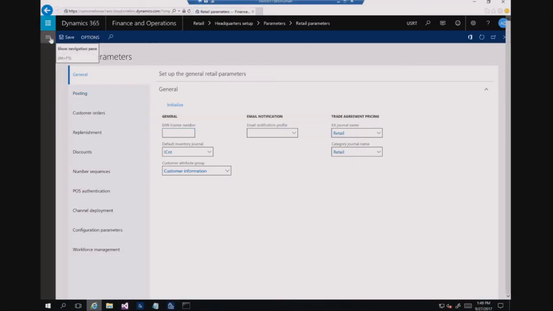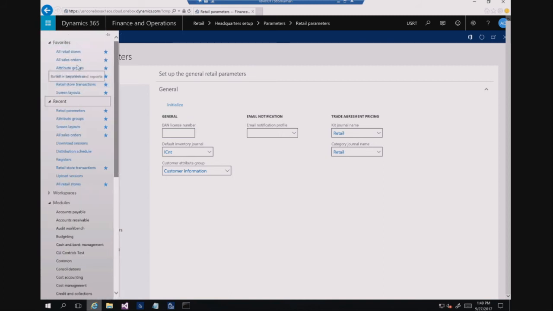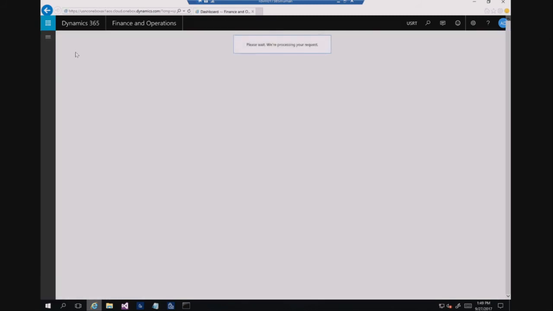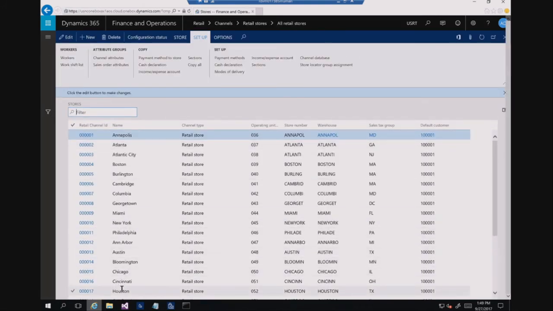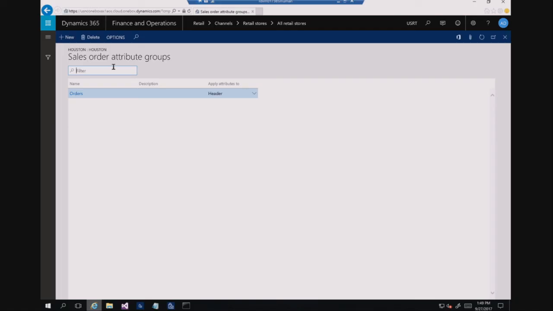So if I go to AX, at the channel level, for example here in Houston, under the attributes, you can click the sales order attributes. It works for cash and carry, customer orders, e-commerce orders, or even call center orders. It's exactly the same lookup of the attribute group. You can add a bunch of attributes, set it here and save it. So your channel now supports all these attributes. One good thing, for both the customer attributes and order attributes, is that you can set the attributes directly in the HQ as well as in the POS.